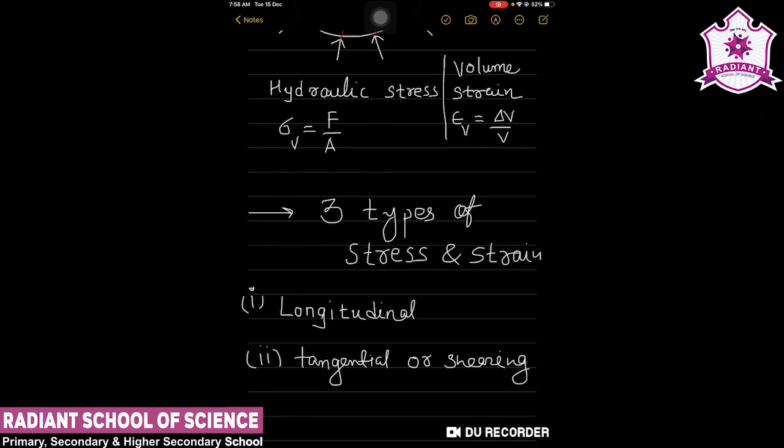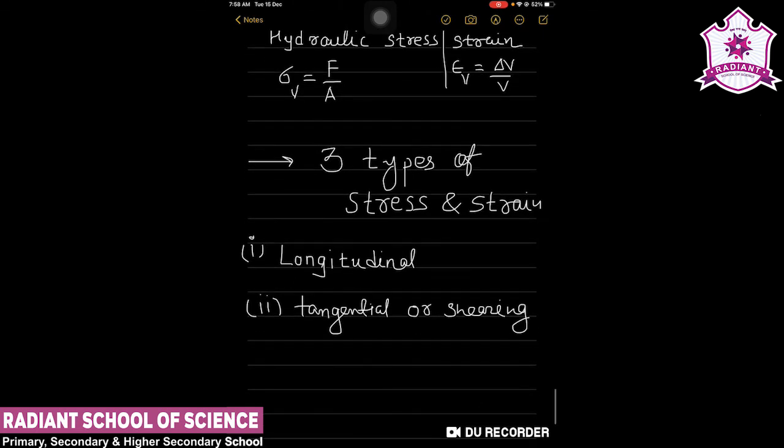So ultimately we have a total of three types of stress and strain. In general, when we want to define, we have three types of strain and stress, that is